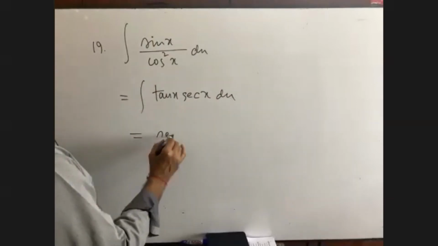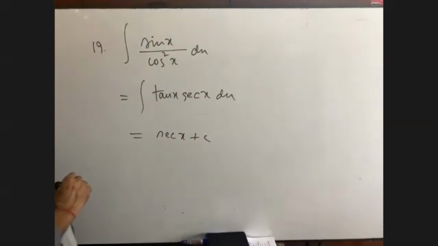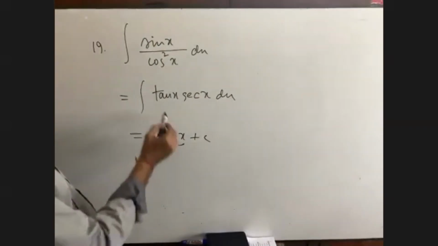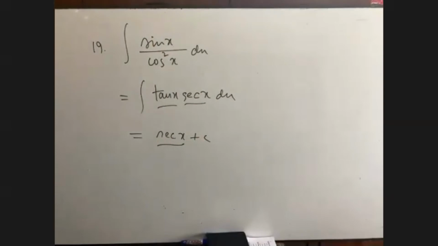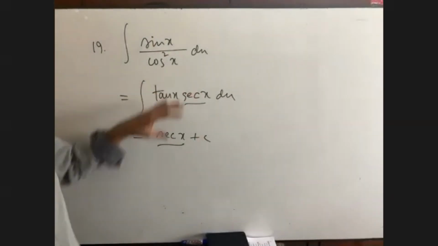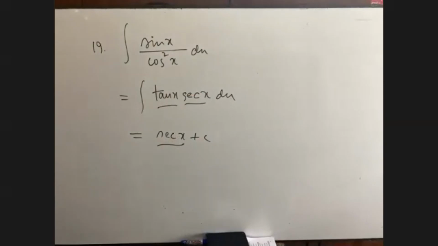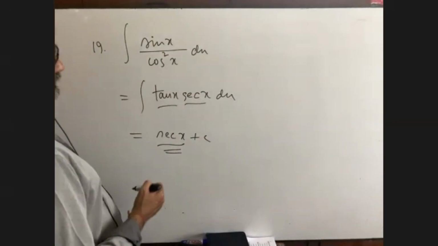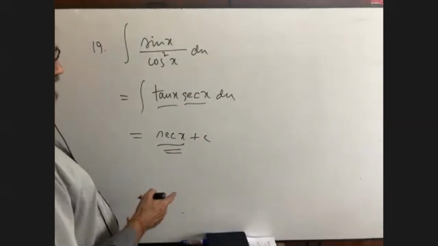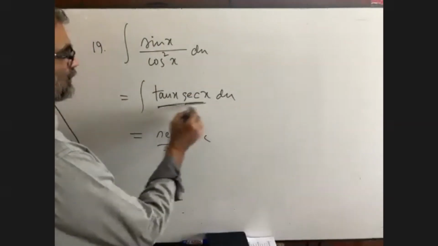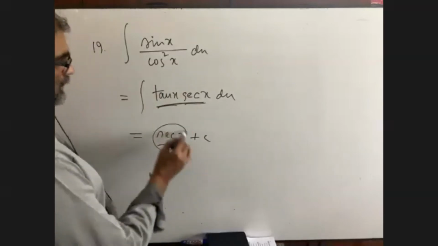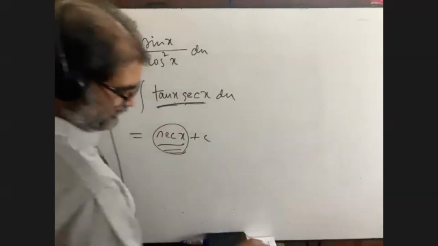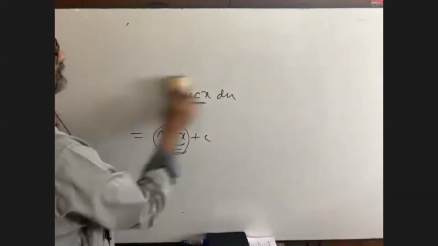Now let me know what is the formula. This formula is, so we are done. The differentiation of sec x is tan x sec x. Okay, so its integration will be only sec x. I told you vice versa. If you know this, that the differentiation of sec x is this, then you will know this. Without knowing this, it is impossible to know this. So finding derivative is the most important to do maths from integration.